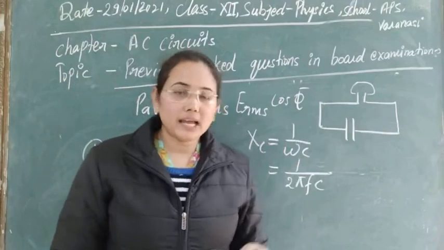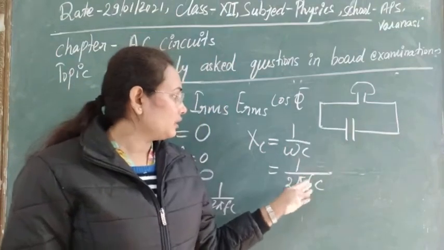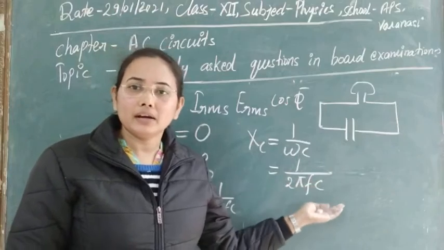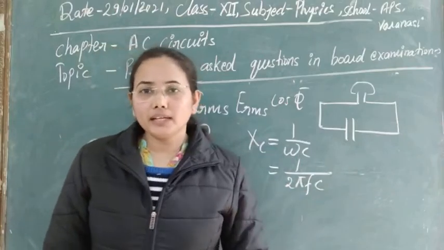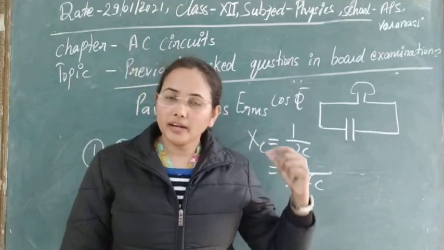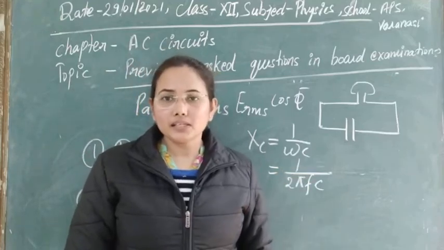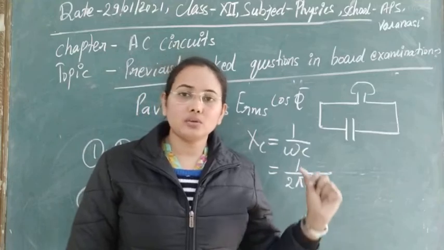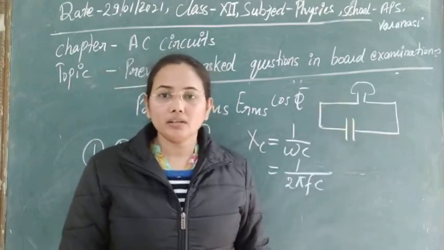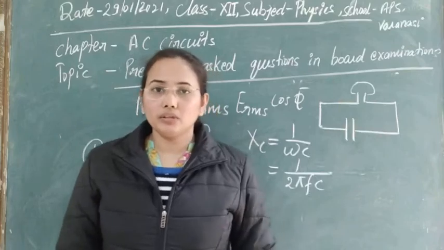So for DC, as F is equal to 0, its reactance will be infinite. There will be no effect of increment or decrement of the capacitance if we are using a DC source. Means for any value of capacitance, for a DC source, no current will pass through the capacitor, DC will be blocked, and the lamp will not glow. Clear?